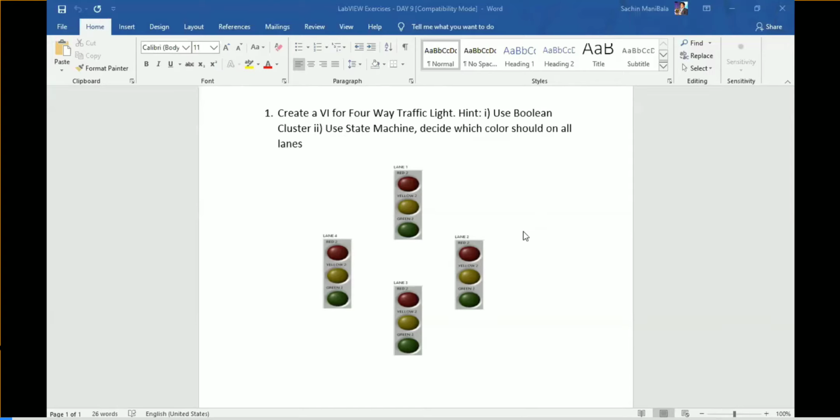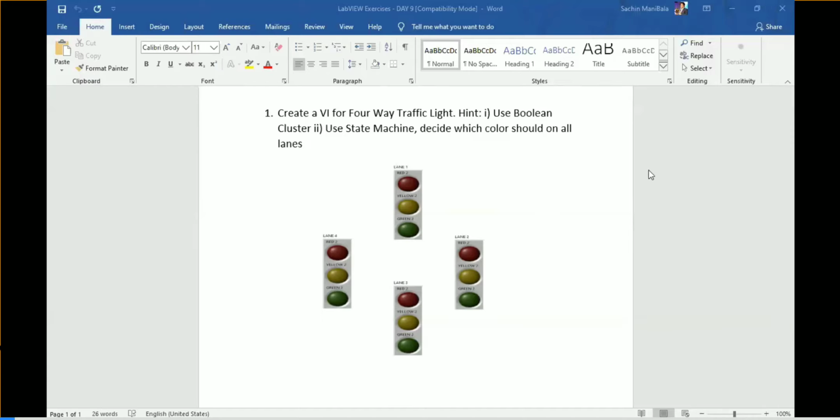Do you have any doubts on yesterday's assignment? Quickly tell me. No. So the four-way traffic is fully a user-based condition only, so there is no need of any conditions to be provided over there. If you search in Google, you will get some combinations of conditions, with which you can develop the program.